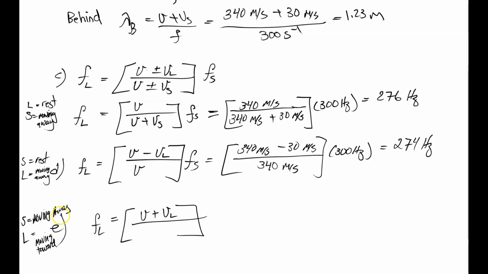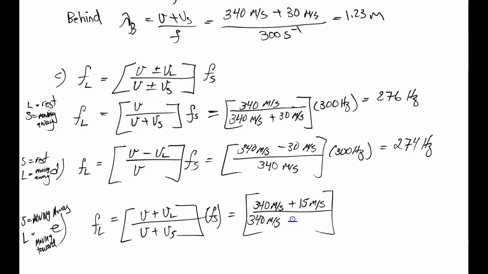since the siren is moving away, that's a downshift for the source, and a downshift for the source is also a positive in the denominator. And then this is going to be F sub S. So now we have 340 meters per second. The listener is moving at 15 meters per second over 340 meters per second. The source now is moving at 45 meters per second, all times 300 hertz, which will give us 277